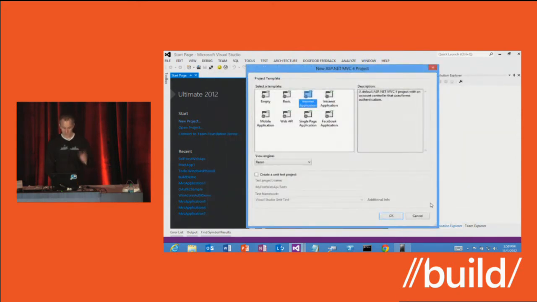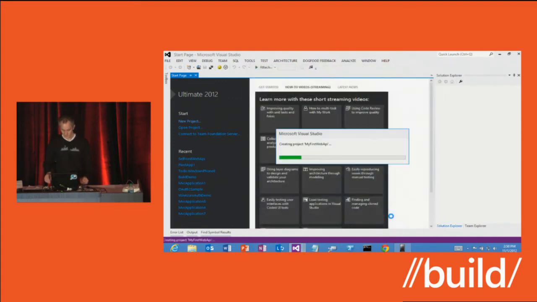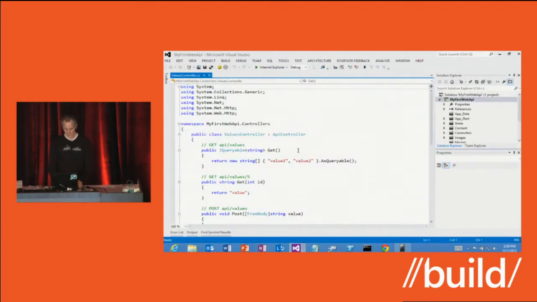So this is going to bring up the new MVC4 project wizard. You notice I have a nice Web API project template that I can pick from. I have the option of creating a companion test project along with the Web API, so I can easily test my Web API controllers. I'm not going to do that right now, but you can certainly do that. Now the project is being set up with a bunch of NuGet packages, the Web API ones and some of the new preview ones, since I do have the ASP.NET Fall 2012 update installed. This is going to allow me to get up and running really fast, except for the delay in actually installing the NuGet packages. But as soon as it's done. All right, cool.